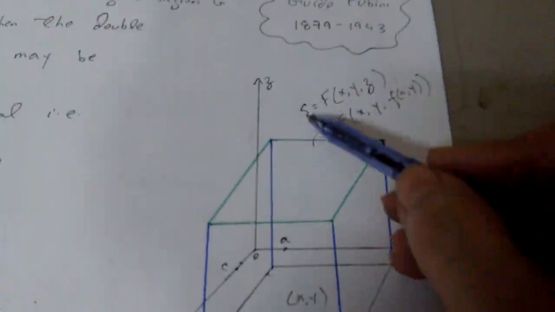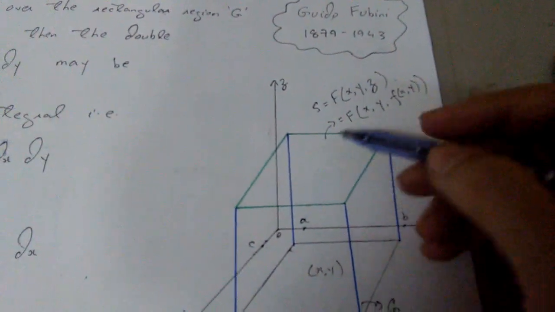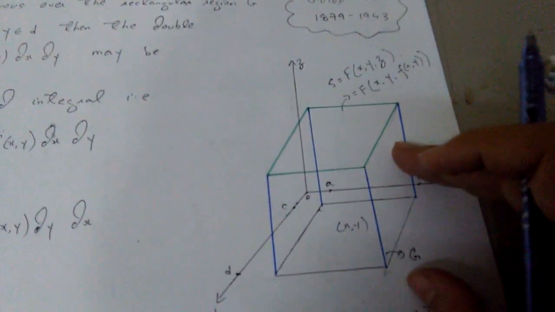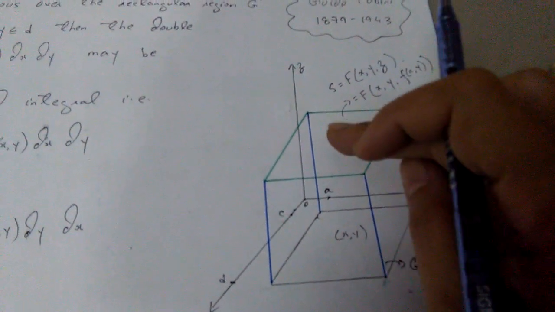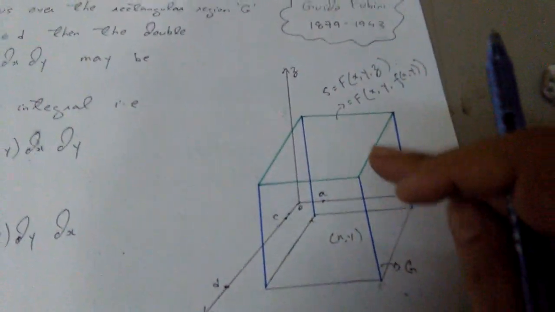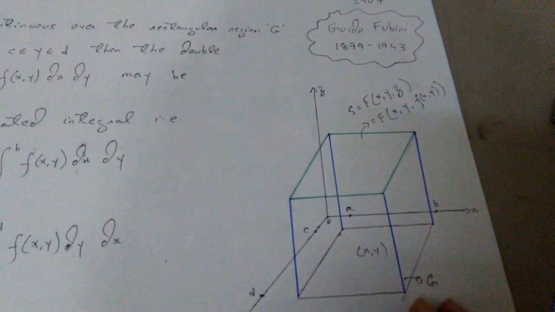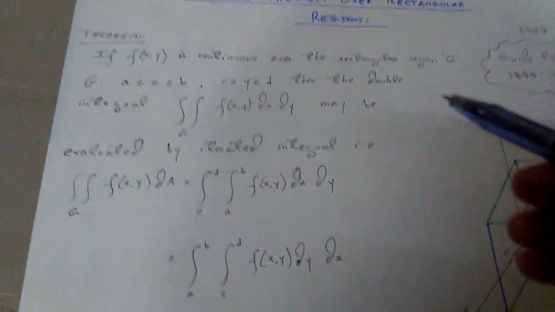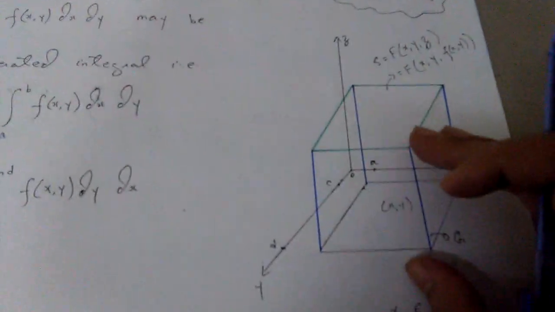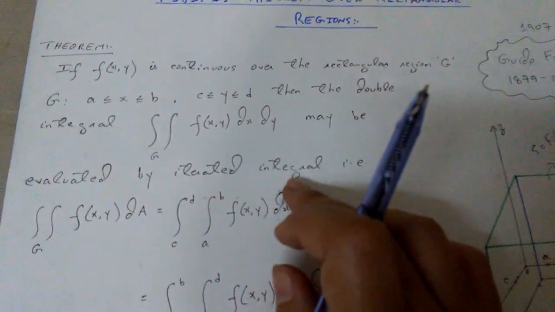Okay, this is your surface S lying in a 3D space right above this G. So we just maintain here an object bounded by the surface S and the plane G. So our objective is to find out the volume of this 3D object. Okay, so Fubini states that you can find out the volume of this object by performing an iterated integral